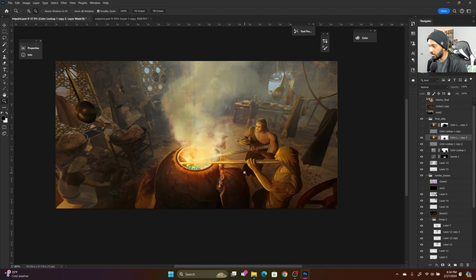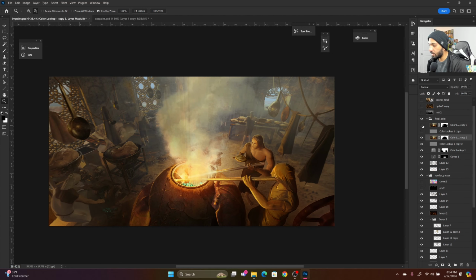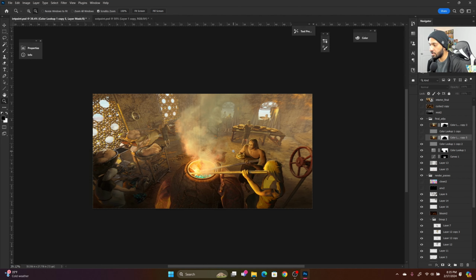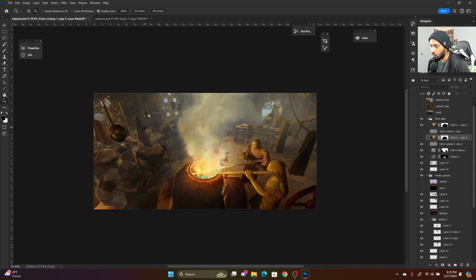Cool. So that was kind of it for this image. And this is what we had at the end of the day. So let's look at a little before and after. This right here was my first Paintover pass. And then the feedback that I got was that, hey, add some cooler shadows, maybe add some more wires, some more hanging threads, some cloth hanging, just so that we get some more sense